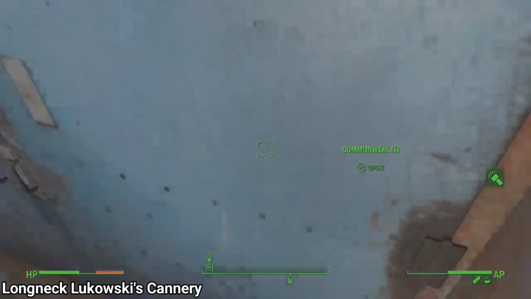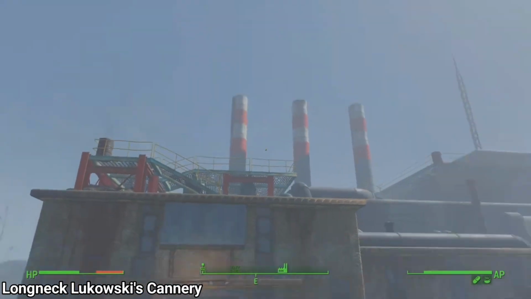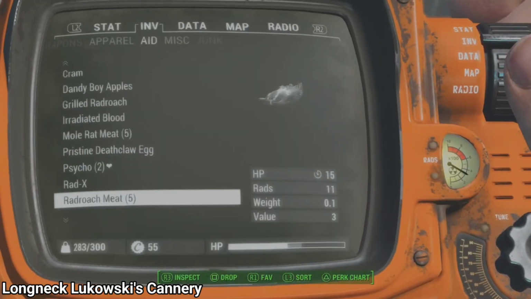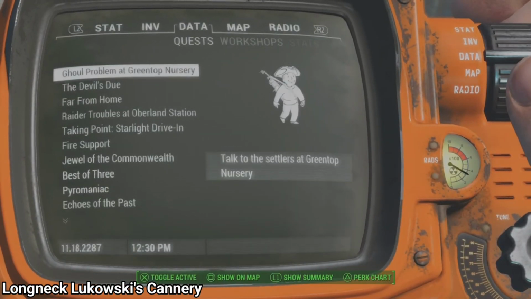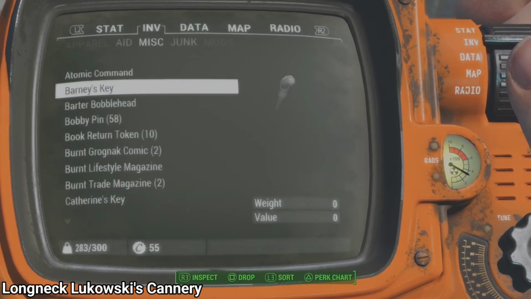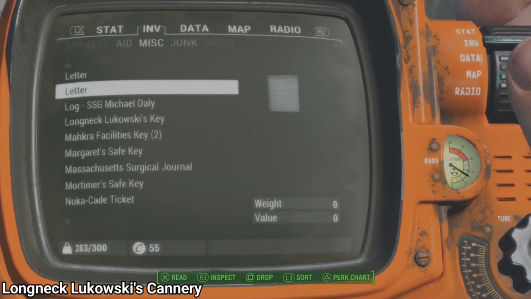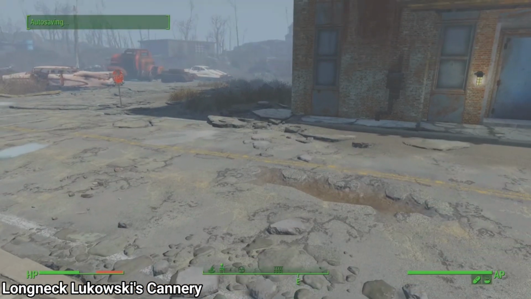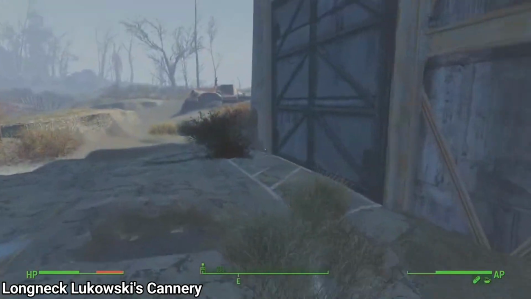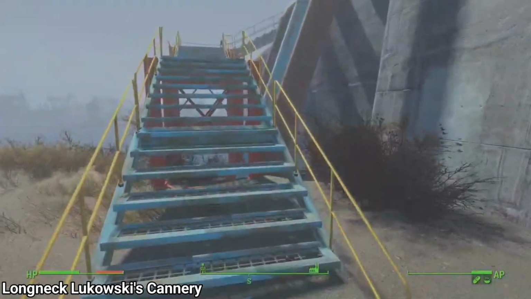So now there's only one thing for us to do, and that is to climb to the roof. Because there is a reason we have all those steps here. They are not just for show. So let's go ahead, make sure we have everything we need health-wise, just in case anything random decides to spawn in and give us the business. As you can see, we've got Longneck Lukowski's key, so we can go back and explore at our leisure. But for now, let's go ahead, hop up to the roof,